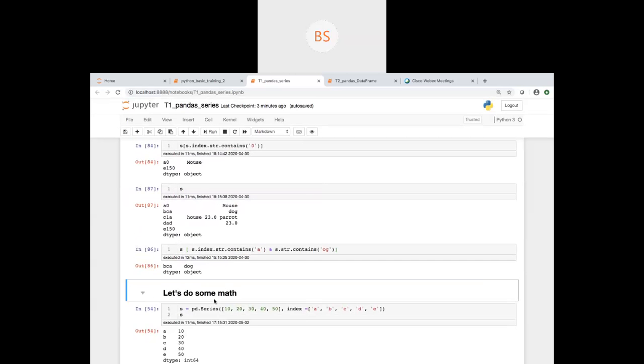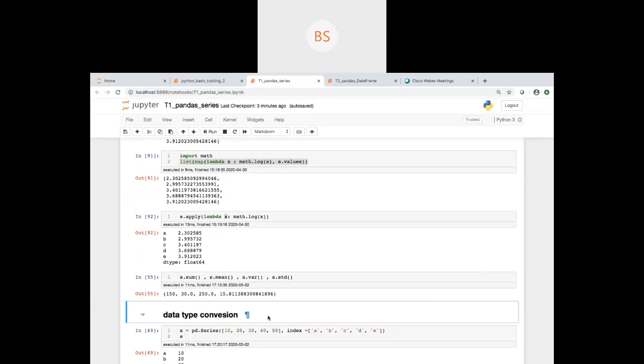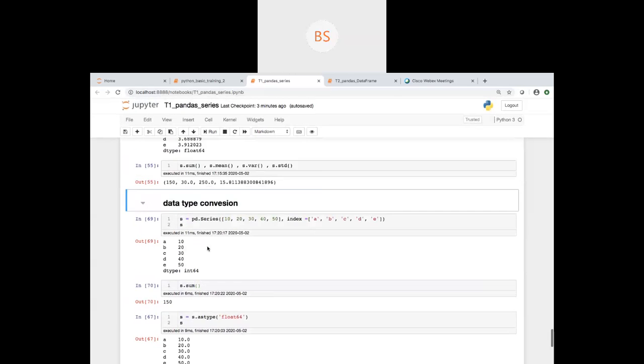Then we did some mathematics and we did some data type change also. There are a lot of data types. I am displaying only integer, float, and str. There is something called time also, like time data. So you will have the timestamp here, and you can change the data to timestamp. You can do all the calculations. So you can find out if T1 is greater than T or not.